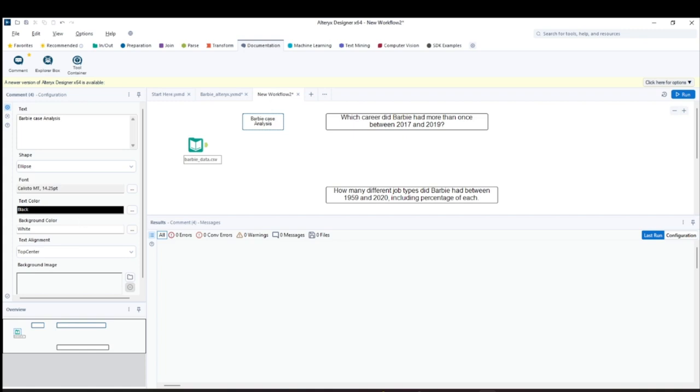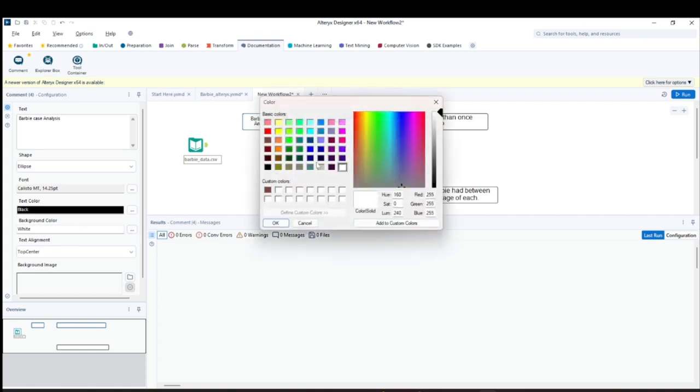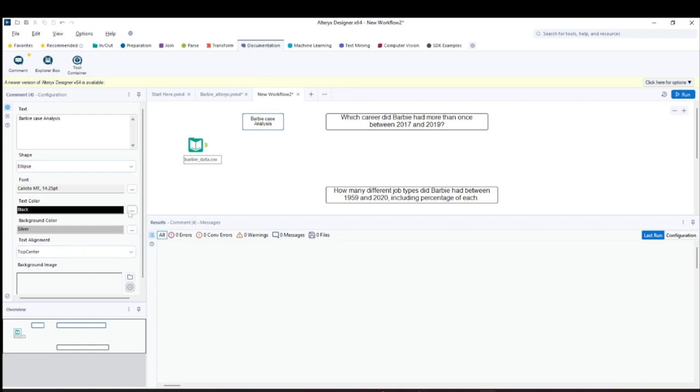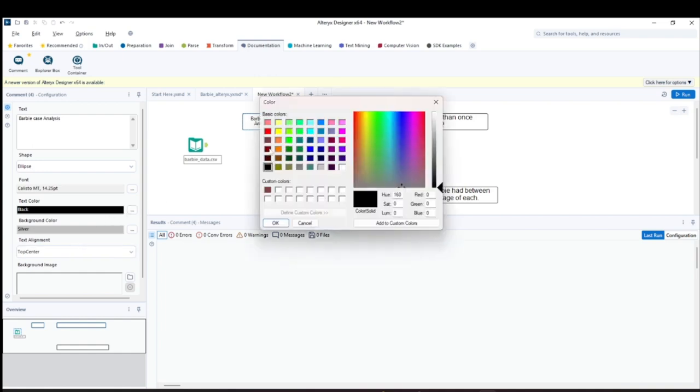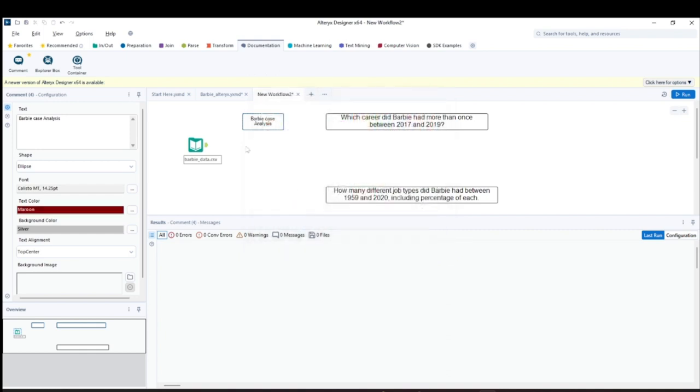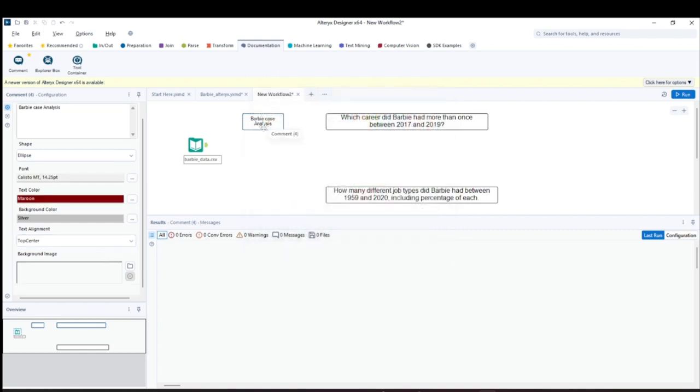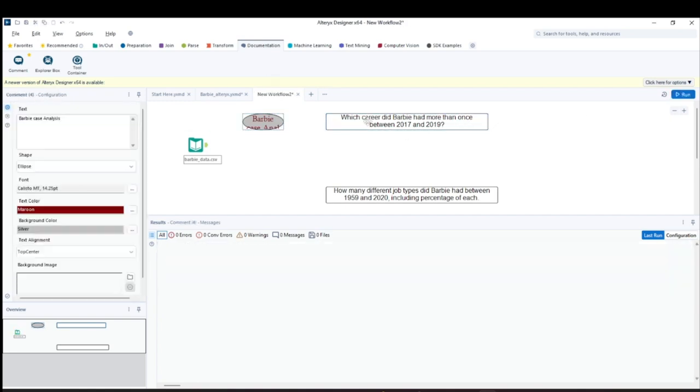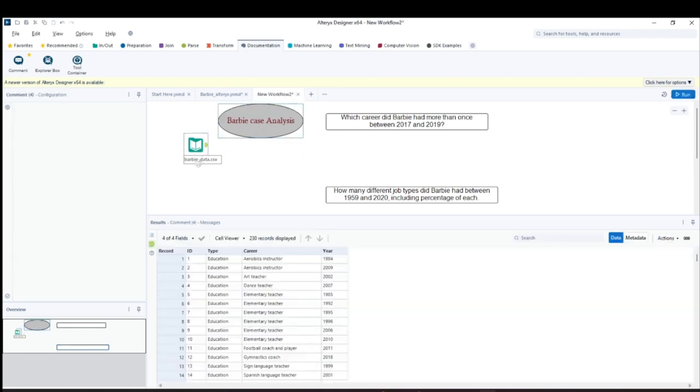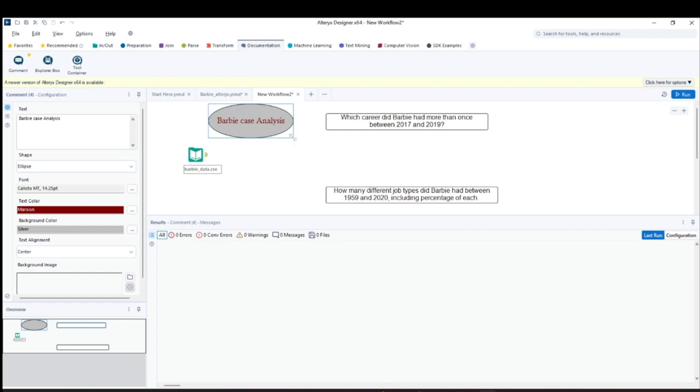Okay, and let this be grayish, and the text font, since it's Barbie, let's take a solid color. Okay, and now you can see the changes are not reflected here, so I have to run this. Okay, so once I run this, I would get something like this, but I can see that this is not coming properly, so I have to align it in center. Let's run it again, and you can see that yes, we have brought this Barbie case study here. All right, so this is how you can beautify your canvas also if you want this workflow.